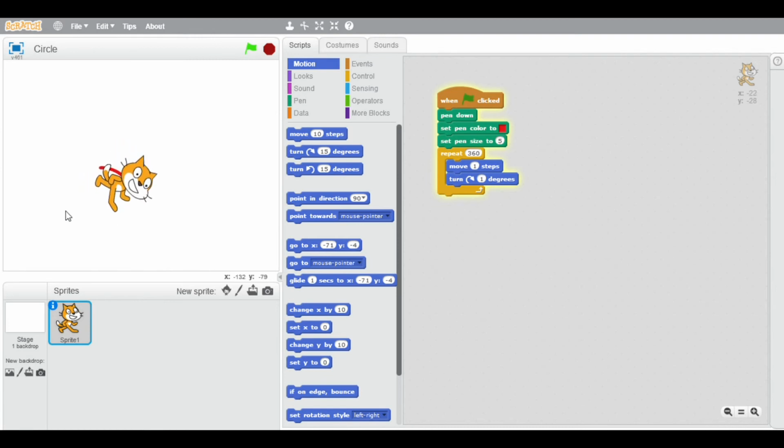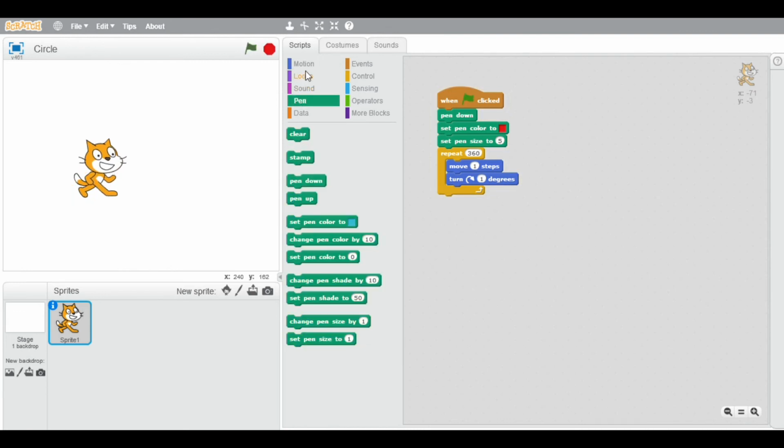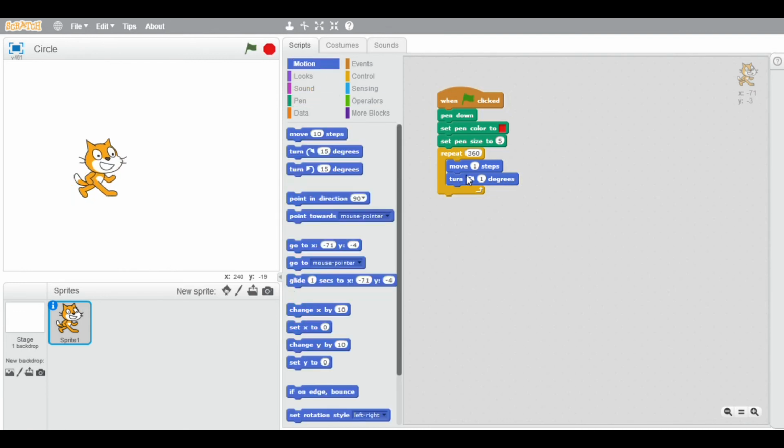Now you see it is going slowly, and you wanted to make it fast, right? If you want to keep it slow, you can use this command only. Now I clear it. Now if you wanted to move it fast, first you can remove the 0 in 360, so we'll make it 36.